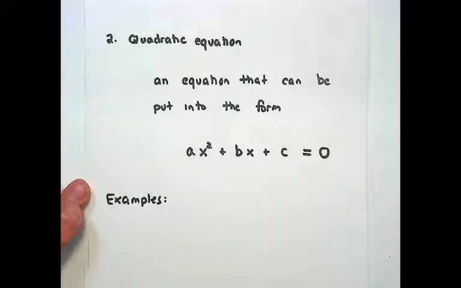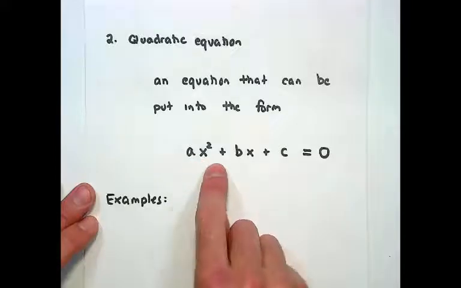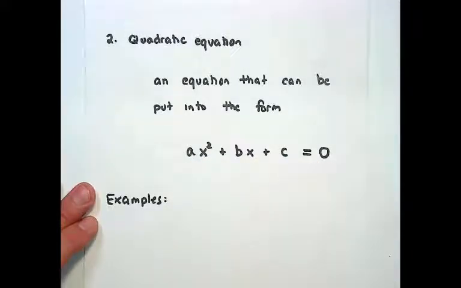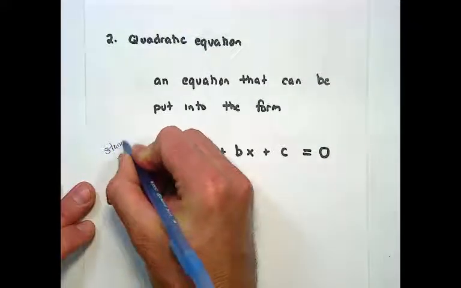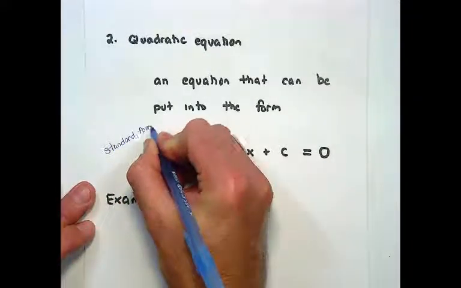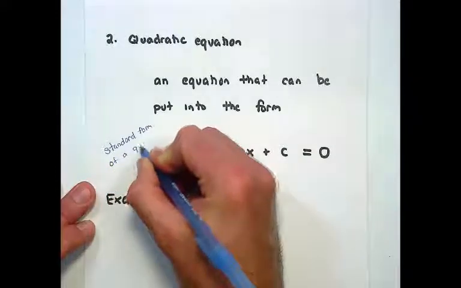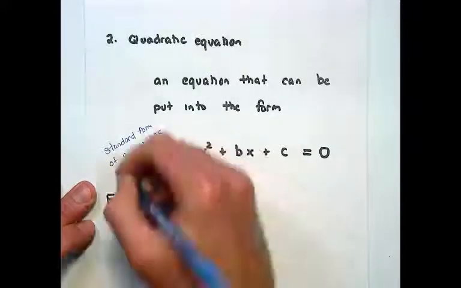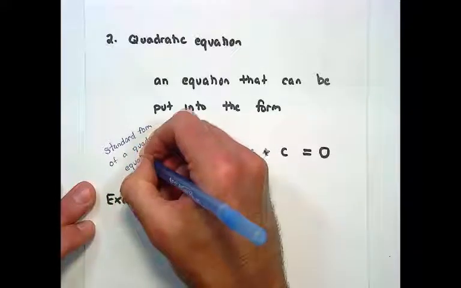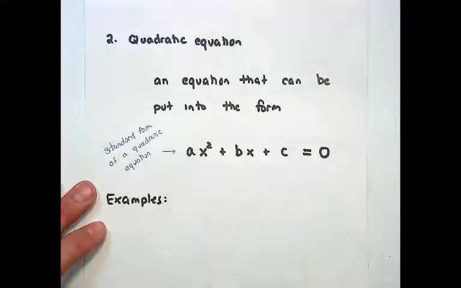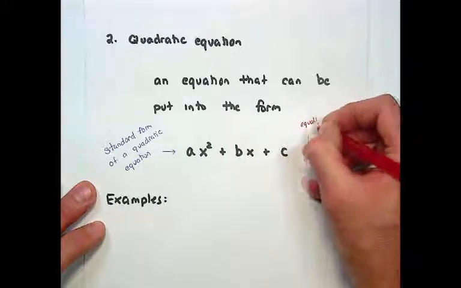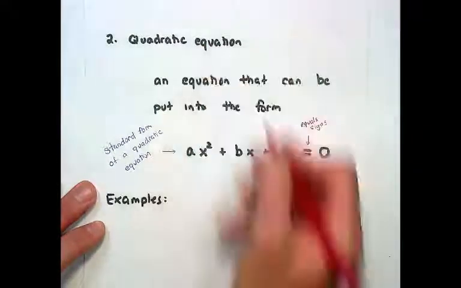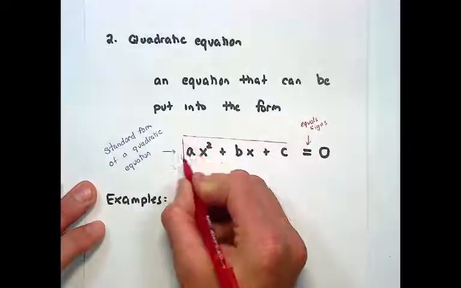Quadratic equations are equations that can be put in the form ax squared plus bx plus c equals 0. This thing right here is super famous. It's called the standard form of a quadratic equation. Notice that quadratic equations, one, always have equal signs because it's an equation, and then two, the left-hand side